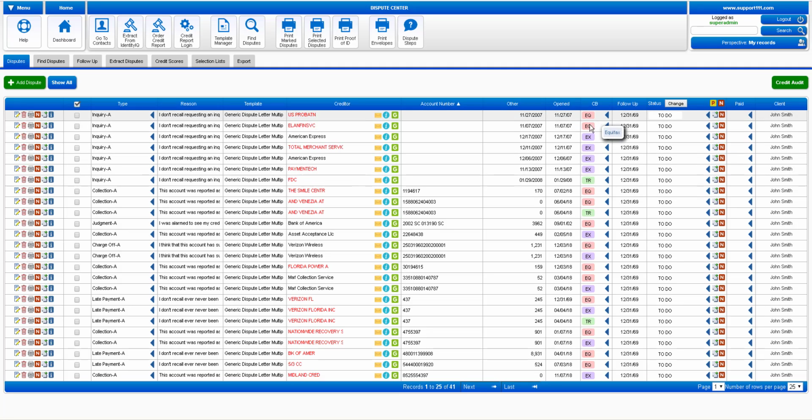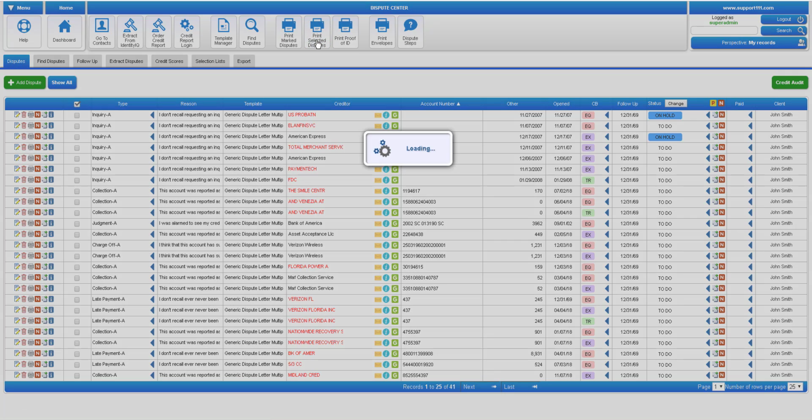And here we have the bureaus: Equifax, Experian, TransUnion, one per line, to be able to maintain the line of communication, as opposed to check boxes where you lose the line of communication with your clients, with your bureaus and or creditors. And here, well, is the status. The next step, you can change the status of the inquiries that you have active. You can put them on hold if you like, and then the rest you can print. Select the letters right here,